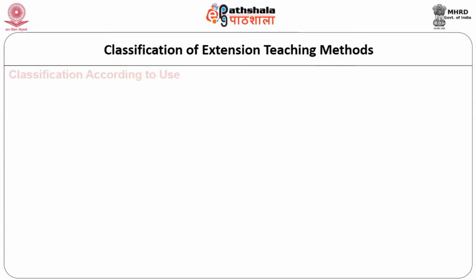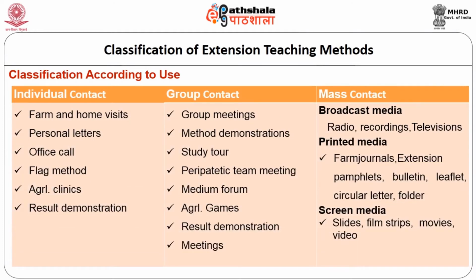Now coming to the other classification, according to use. Wilson and Gallup, 1955, classified extension teaching methods according to the use, that is the individual, group and mass contact methods, and form, that is spoken, written, visual, spoken and visual. And below we can see in the table the classification according to use, which I have already discussed, and the